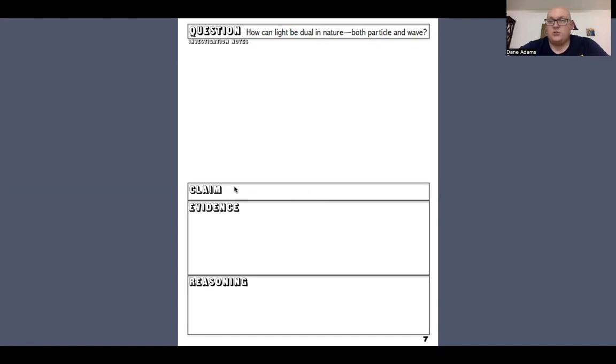is dual in nature. Our evidence, this is where we're going to cite the experiment we witnessed, and that would be, to sum it up, I would call it the single photon double slit experiment. I'll say that one more time. You can write it down here in the evidence. The single photon double slit experiment. And then you can include with/without detectors, because that's really the 2 variations of it. And then down here in the reasoning, that's where we want to tie this to this. Why is the single photon double slit experiment evidence that light has dual nature, is both a wave and a